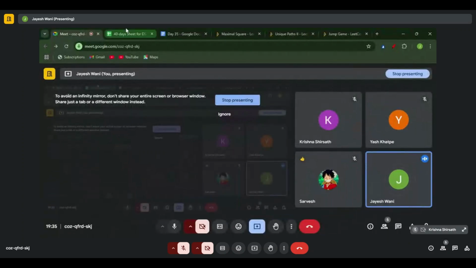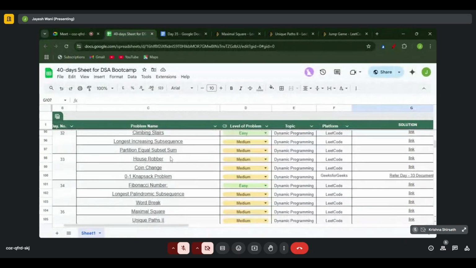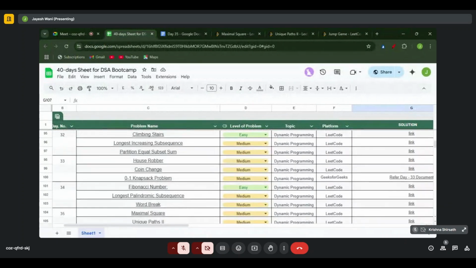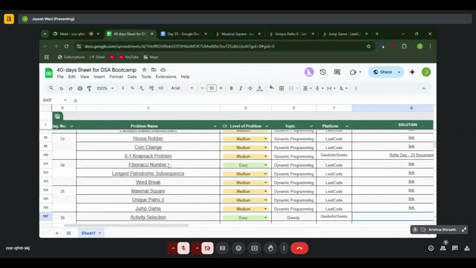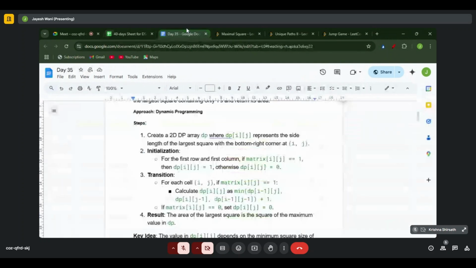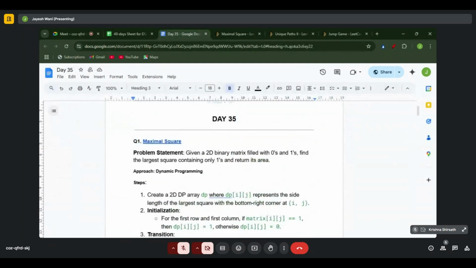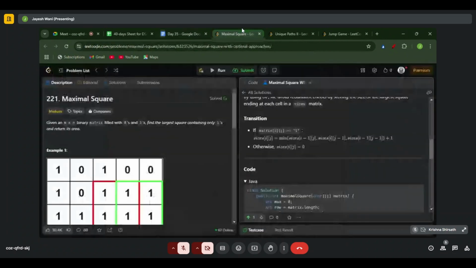ओके। सो हमने जो बेसिक प्रॉब्लम बोलते हैं डीपी का, लाइक फिबोनाची नंबर्स और लॉन्गेस्ट पैलिंड्रोमिक सबसीक्वेंस, वो कल कवर किया था। सो आज उसका सिर्फ एक स्टेप अबव है। आज हम एक क्वेश्चन में 2D डीपी देखेंगे, एक इसमें नॉर्मल डीपी और एक इसमें ग्रीडी प्लस डीपी। आज का पहला क्वेश्चन है मैक्सिमल स्क्वायर। लाइक अगर तुमने पहले शीट में देखा होगा।